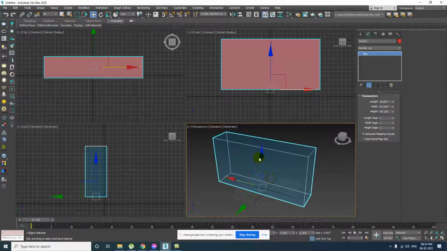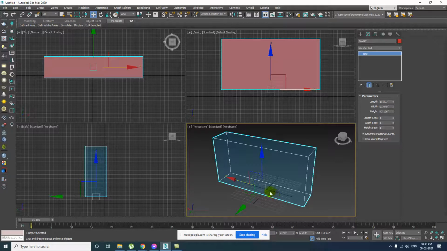And tell me about the axes, the blue, red, and green. Okay, good. Length and width. Yes, right. So right now we are only moving.